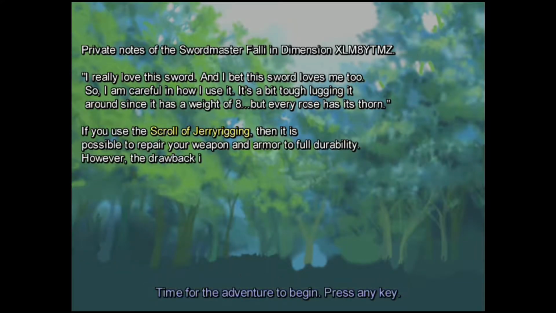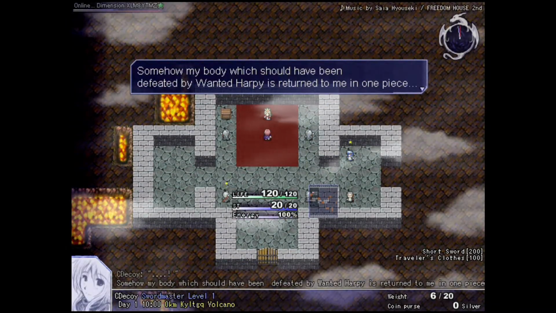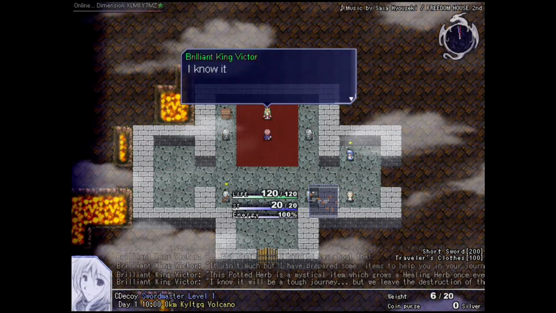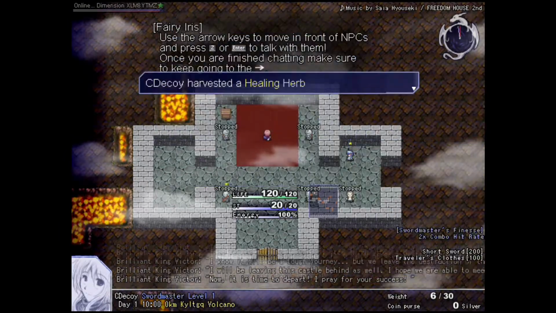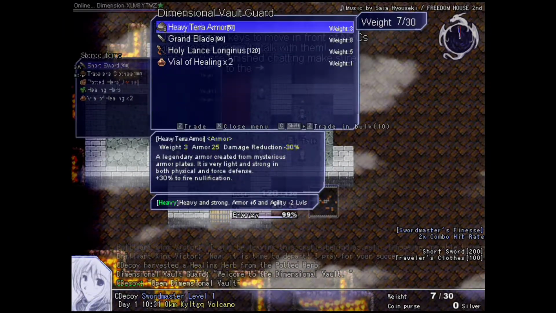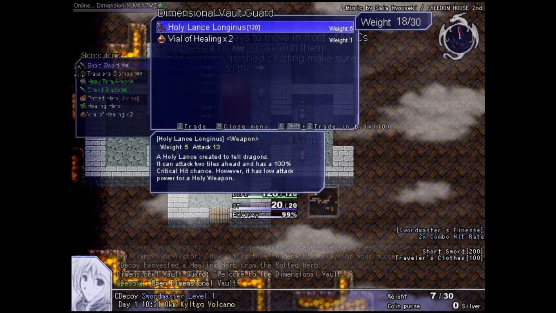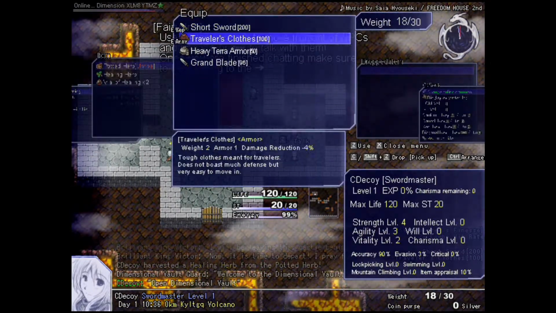So, this time we're going to actually pull out the items in my dimensional chest there. Let's see, and they're going to tell us the same thing. And we're going to harvest our herb. And I'm going to go over here. Open the dimensional vault. We want that. I have a Holy Lance Longinus, which I'll keep for now. That's attack 13. I don't know if that was a good idea or not, really, but...